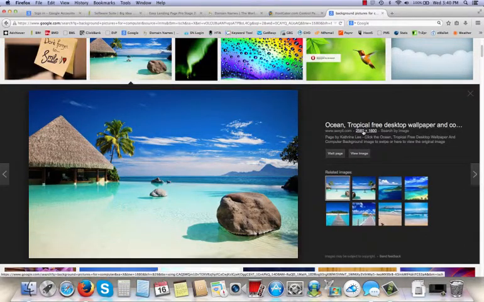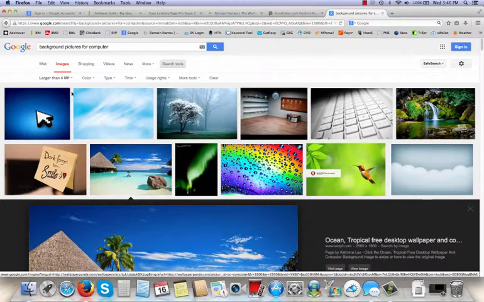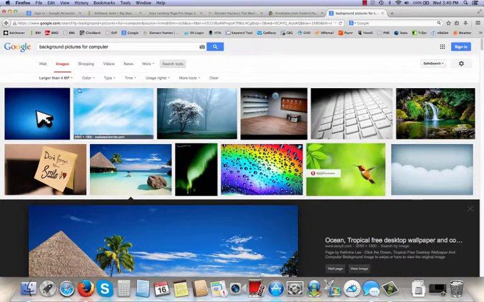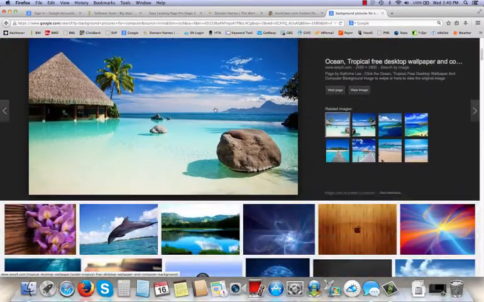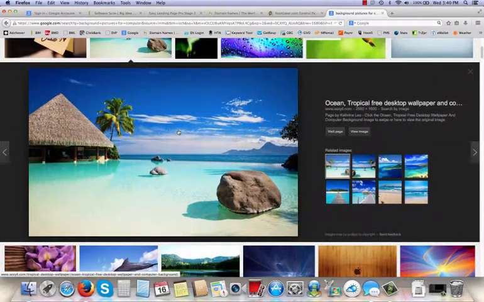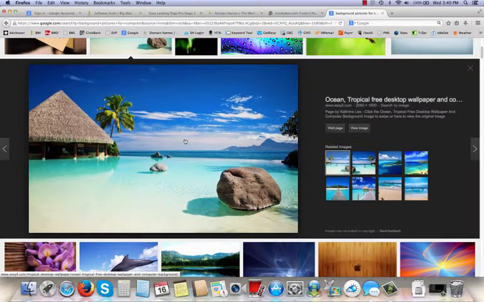So look for a big number here, and that's why I went up here and we clicked on right here. Okay, so I went to search tools, and then I went to the 4 megapixel. All right, so what you're going to do now is, if you like this picture, so let's just say we like that picture, which is a good looking picture. You've got your pointer on here. Let's right click,